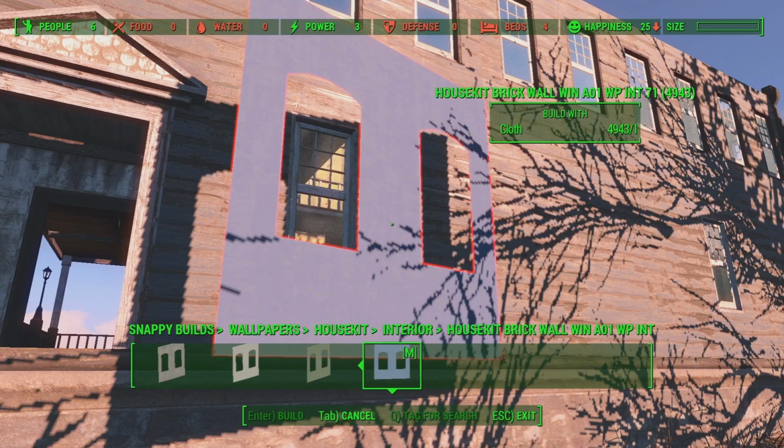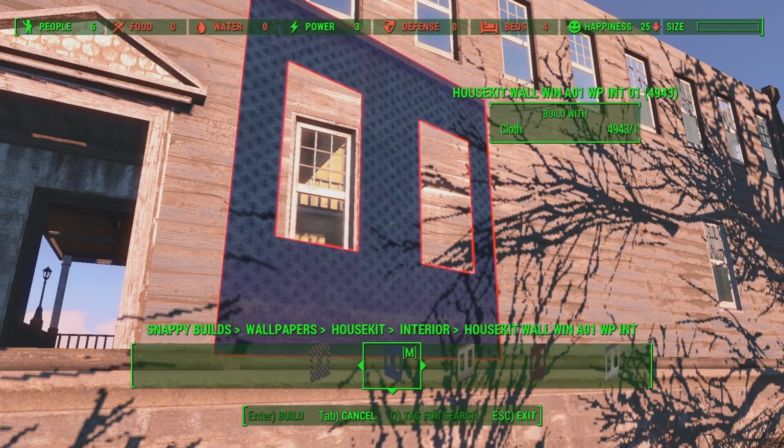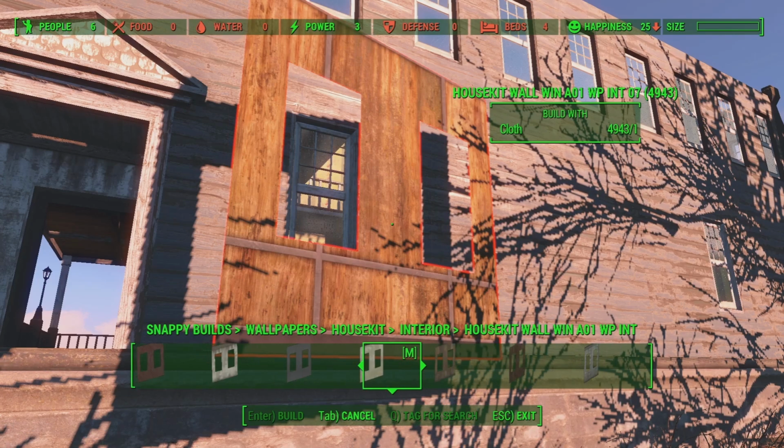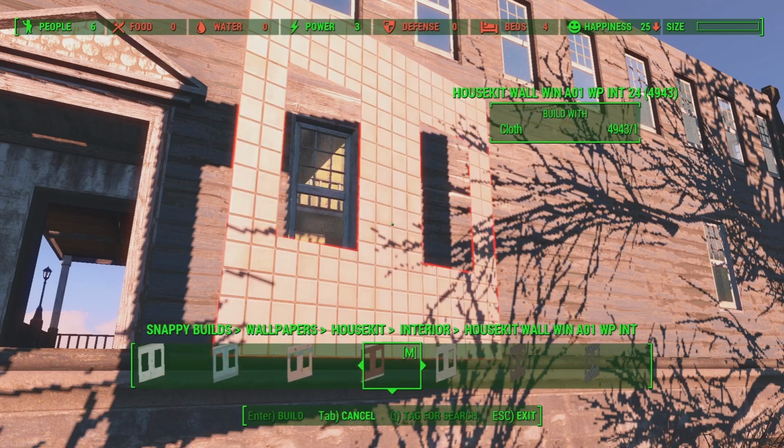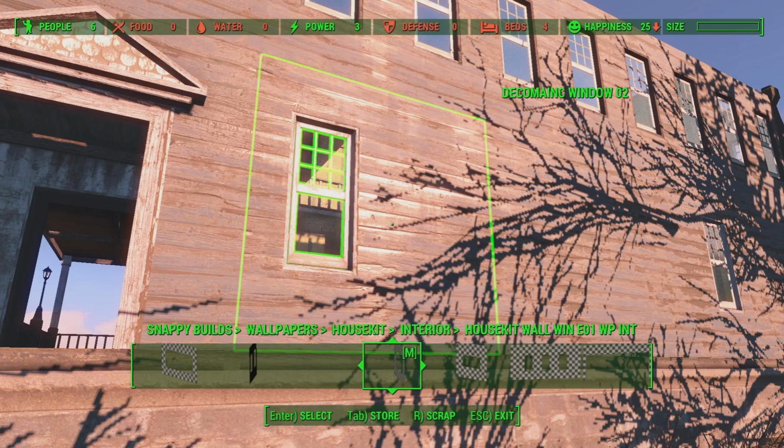I mean, do I need to... No, if I keep going all the way down, it doesn't fix it. Nope, same thing, same deal. There's not one window on here. What if I went to...